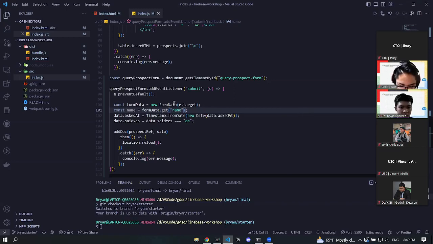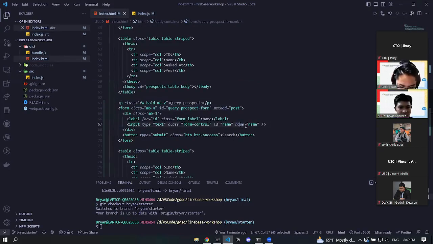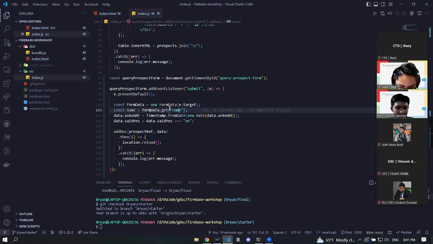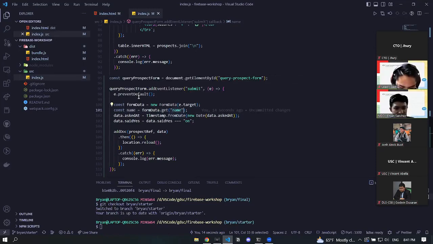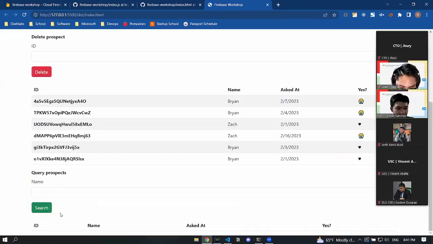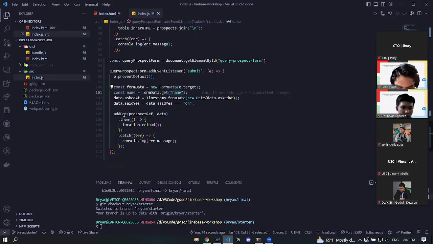So the name here corresponds to the name tag of this input field. So as you can see, this is again poorly named. The attribute is name, and then the value of that is name. So we have to provide basically the name of the attribute here. So this basically fetches whatever we input in this field, and then we can query. So once we have the data,